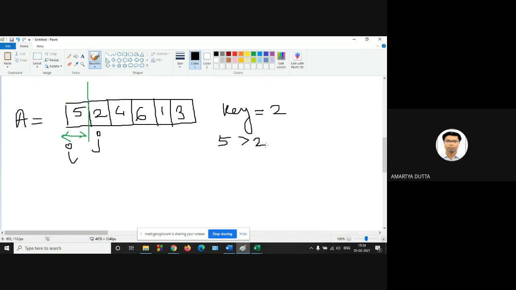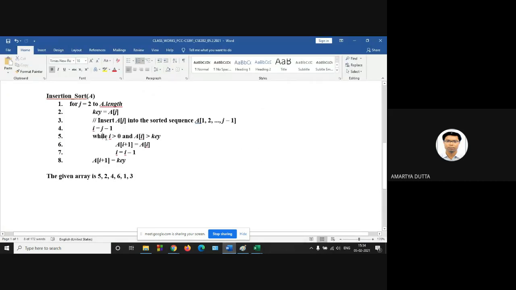Yes, this is true. At the same time i is greater than 0 and A[i] is greater than key, yes, for this particular instance this is true. So first A[i] is copied into A[i+1], and then decrement the value of i.